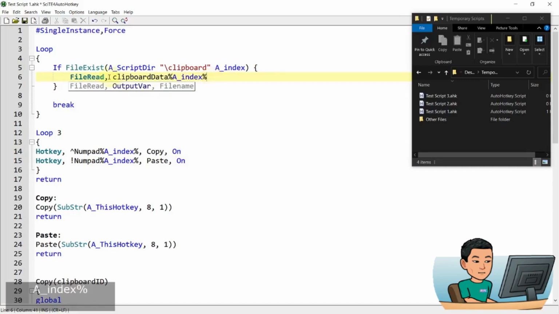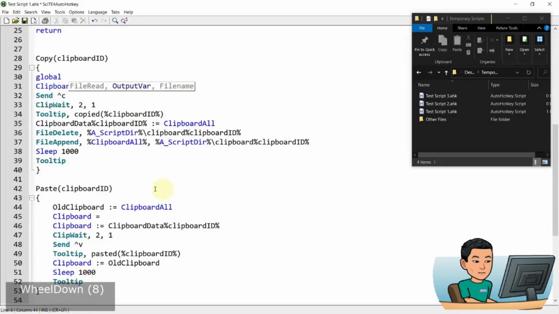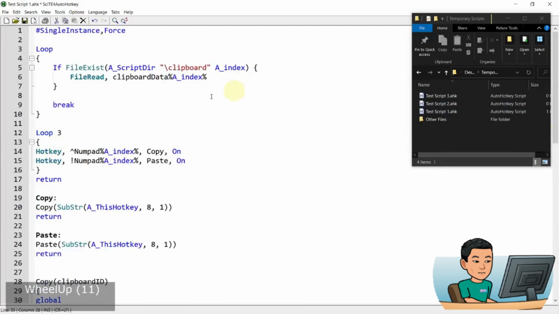Now, if that file does exist, what I want it to do is FileRead ClipboardData A_Index. So this is the output variable, and if you remember, this is the clipboard data, the clipboard ID that gets saved when you copy using the copy function here. So it's similar to that, except that this time it's reading from the file. What is the file? I have to put in *c to be able to read clipboard backup data, and the file is